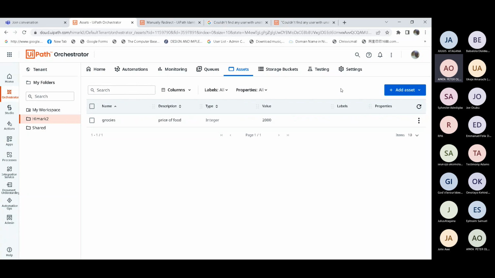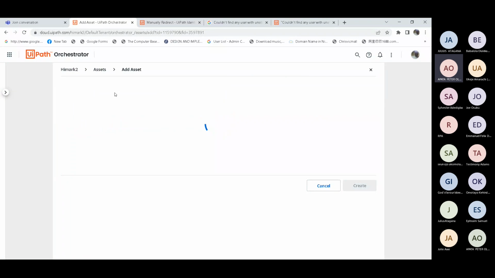If you want to save email addresses or passwords, that's when the credential asset comes in. You can save email, username, and password and be very sure that it is secure. Even if somebody else comes in and tries to see the password, he won't be able to see it.